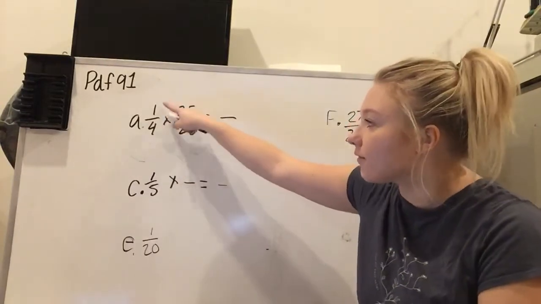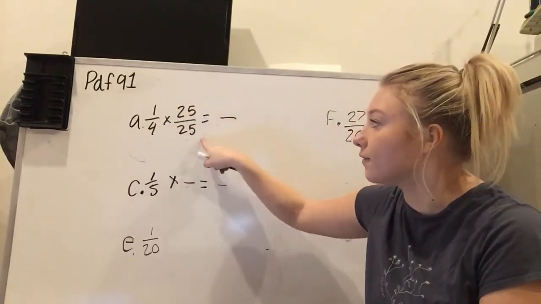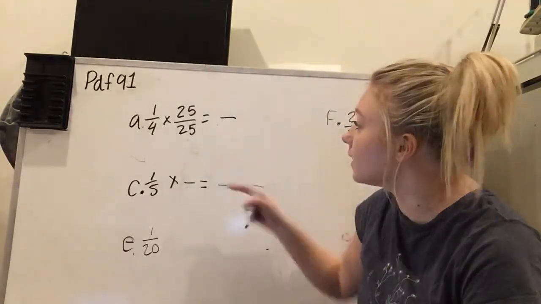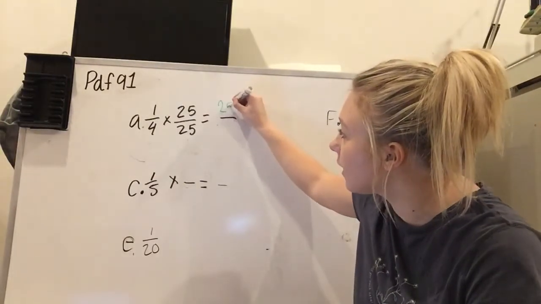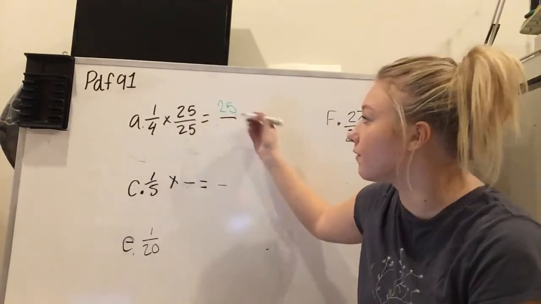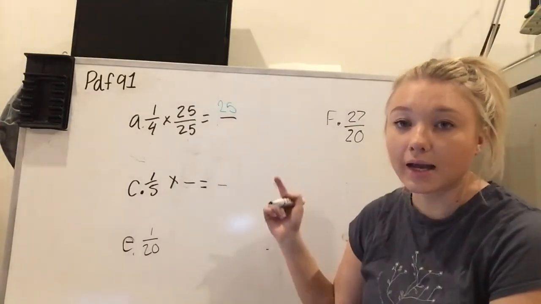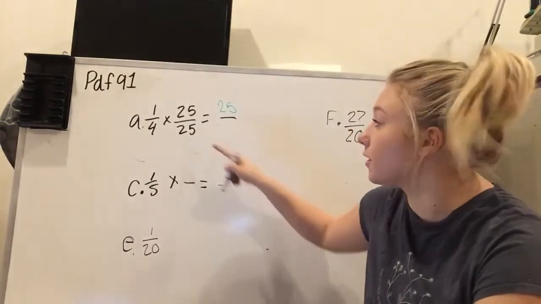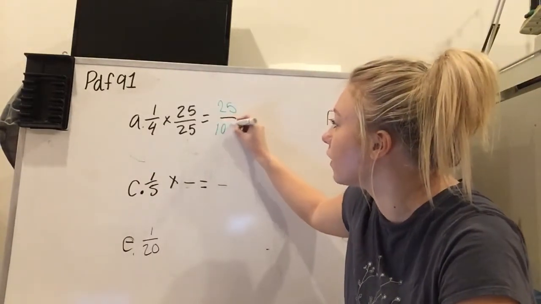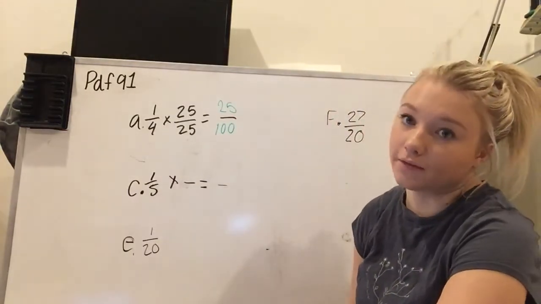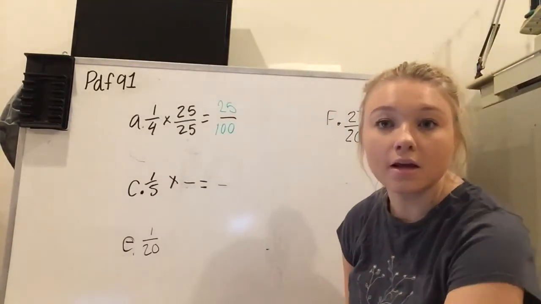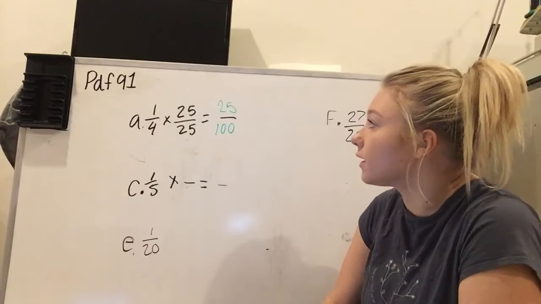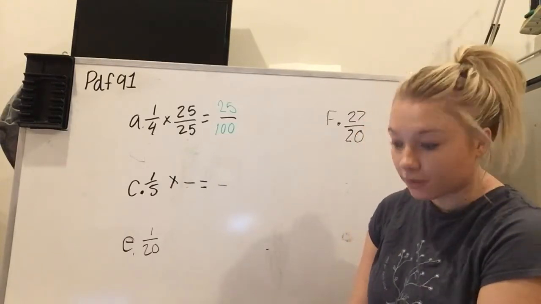So for A, they give us 1/4 times 25/25. And if we do that, then we're going to get 1 times 25 is 25, and then 4 times 25, you could either do it on the side by doing long multiplication, or most of you will know, I'm sure, that 4 times 25 is 100. Okay, because if you have 4 quarters, which is 25 cents, 4 of them equal $1. All right. So now that I have 25 hundredths,